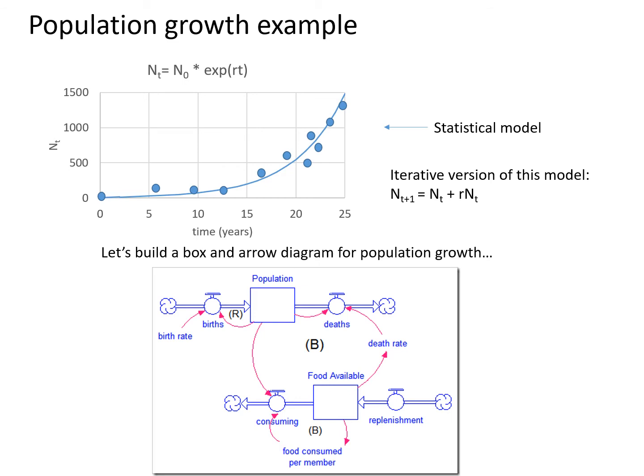This then, we're going to have a flux of population away from that state variable, so that's death, okay? And the magnitude of that flux is going to be proportional to the population,